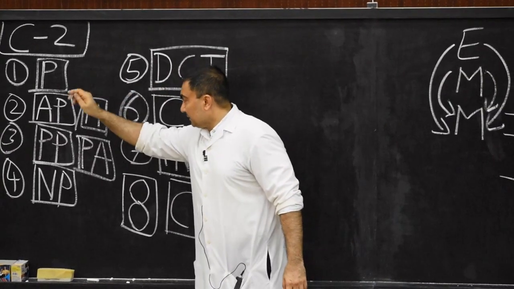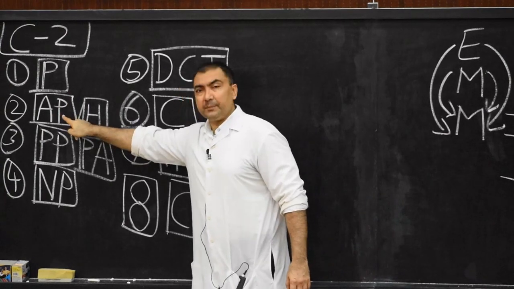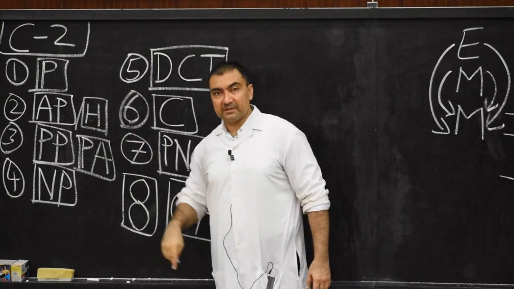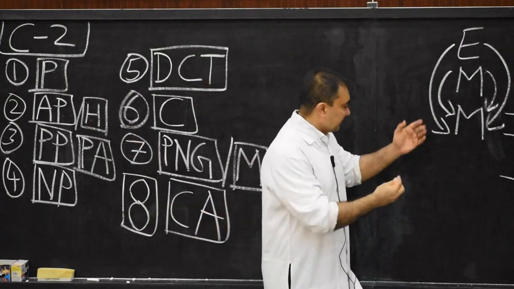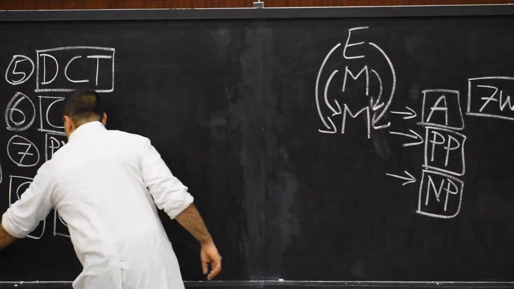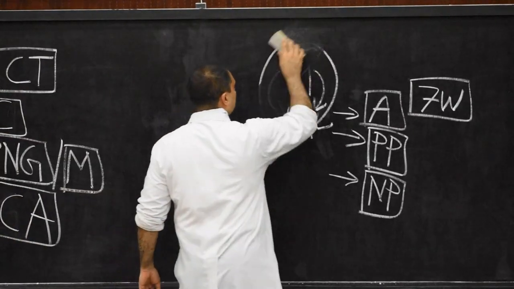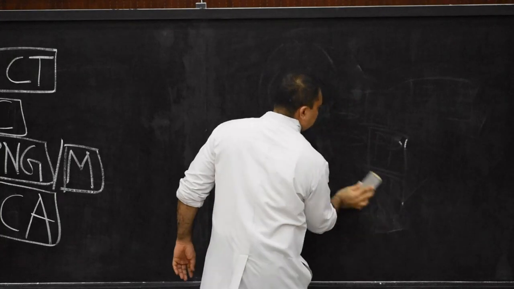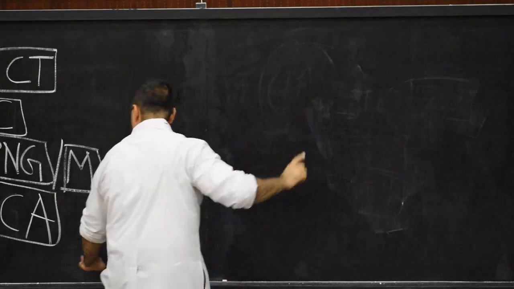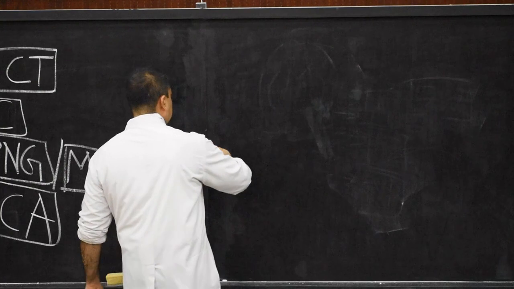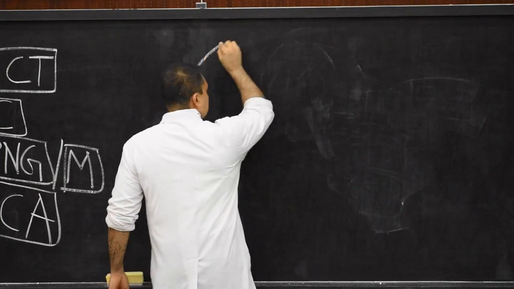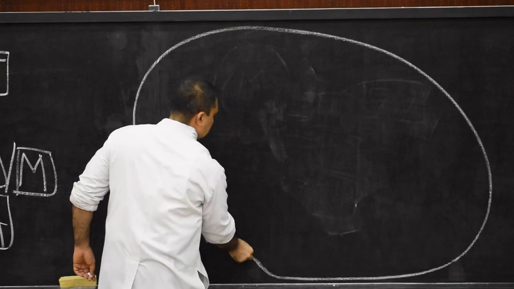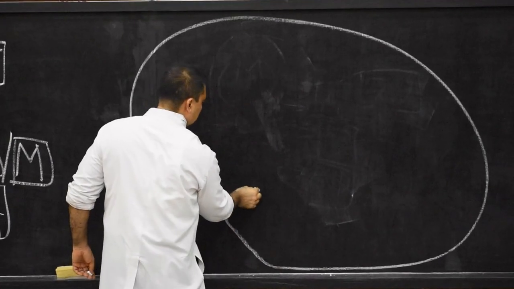Now we come to the second point, that is archipallium. Now we have to discuss in detail how this archipallium and hippocampus develop. So once again, when we come on this side, I'll utilize this portion of the board. So here in archipallium, what we need to draw, the first structure that we have to draw is nothing but the entire cerebral lobe. This is how we have to draw the entire cerebral lobe.